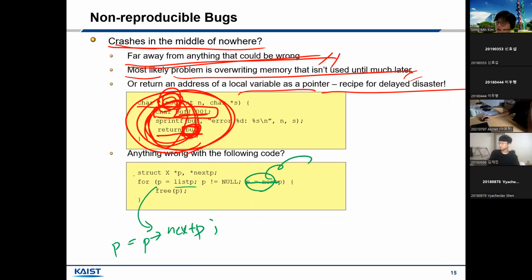So you should never reuse it. Never try to use it. Once you return, all the values related to the local function are gone, including local variables. So the buff pointer,